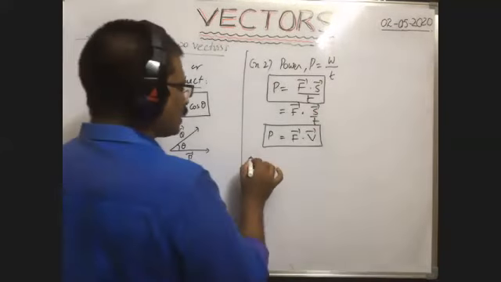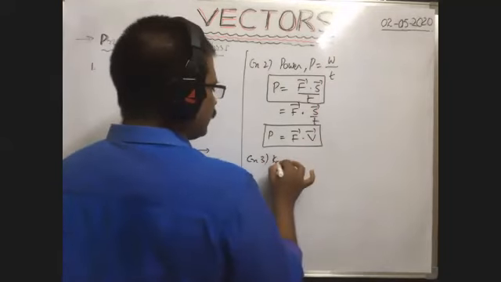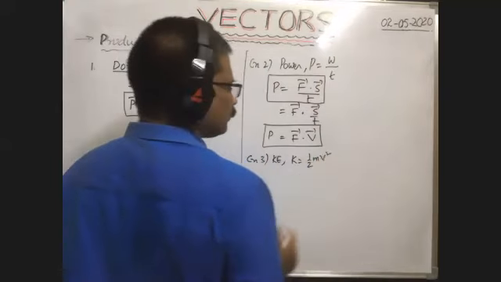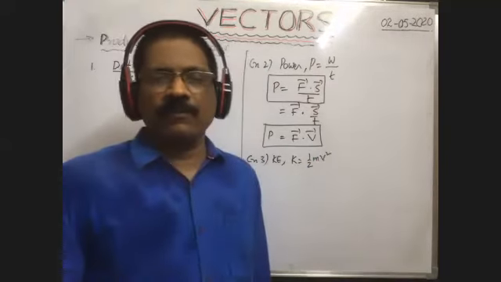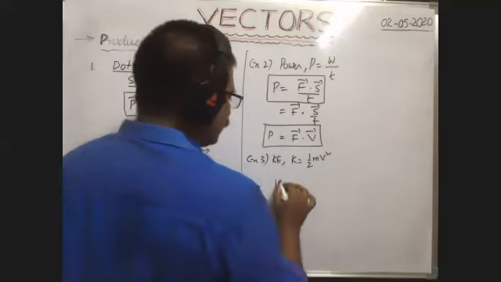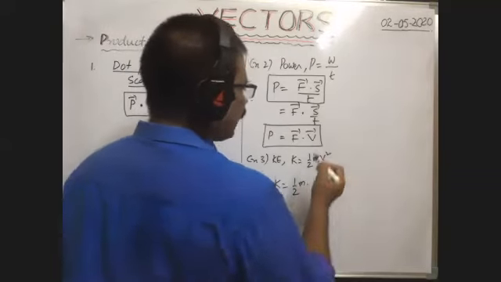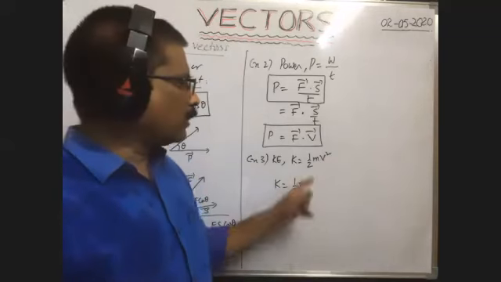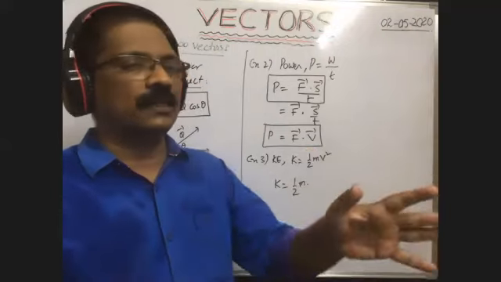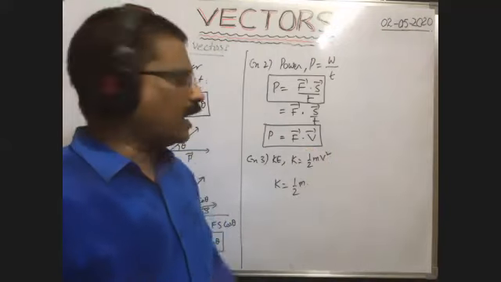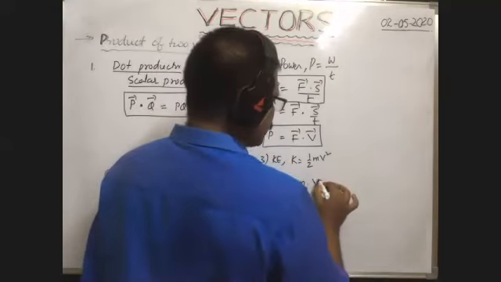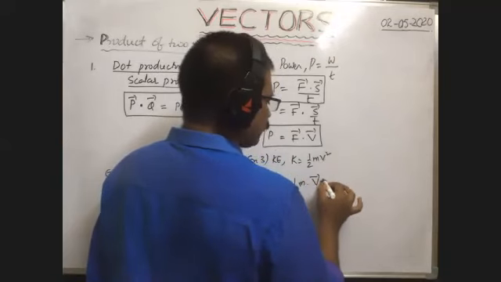Okay, next. What is the formula for kinetic energy? Kinetic energy, KE, that is K, is equal to half m into V square, no? Kinetic energy of a body is equal to half mv square. Here velocity is a vector quantity, no? Suppose the mass of the body is given and the body is moving with a velocity V bar. That means in vector form V bar is given and we are asked to find the kinetic energy of the body. In that case, V square can be written as V bar dot V bar,